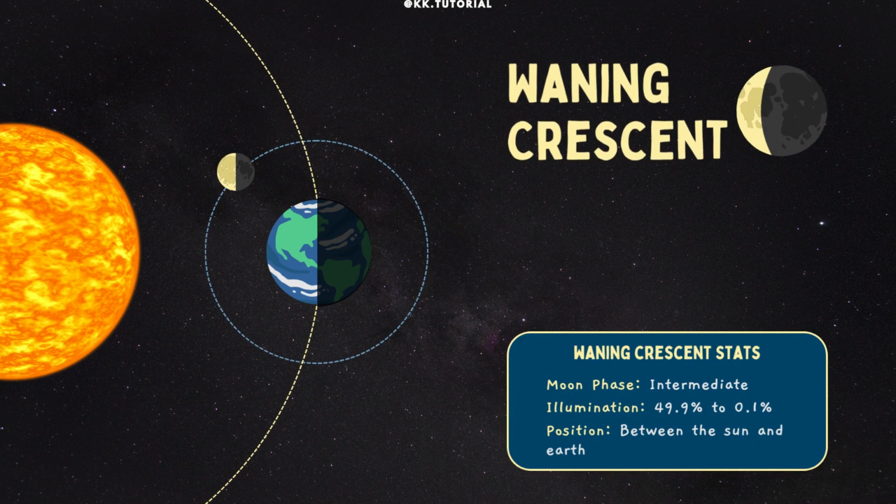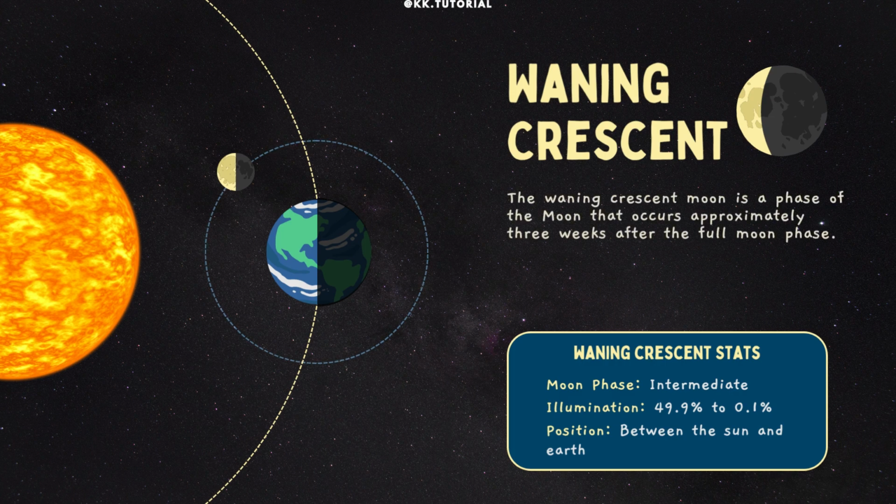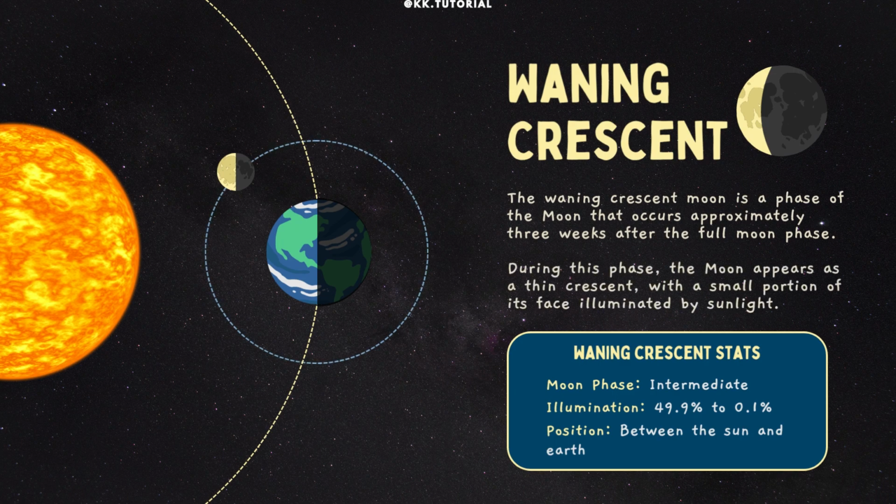Waning crescent. This is the last phase of the moon, and during this phase Earthshine is seen. This phase will end when both the sun and the moon rise at the same time, giving rise to a new lunar cycle. The waning crescent moon is a phase of the moon that occurs approximately 3 weeks after the full moon phase. During this phase, the moon appears as a thin crescent, with a small portion of its face